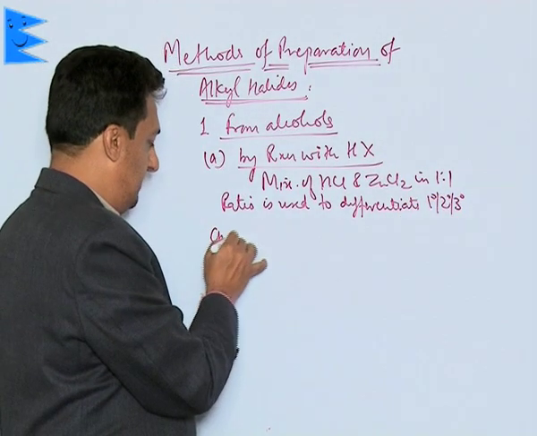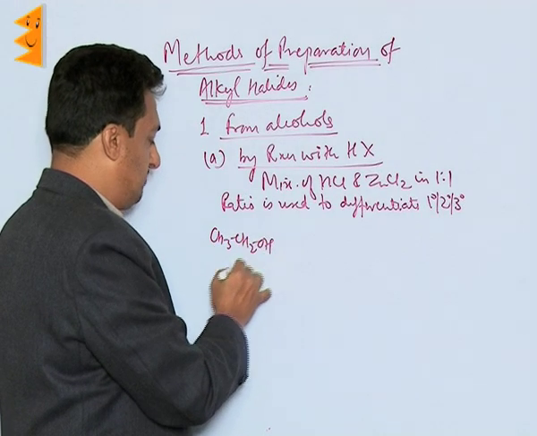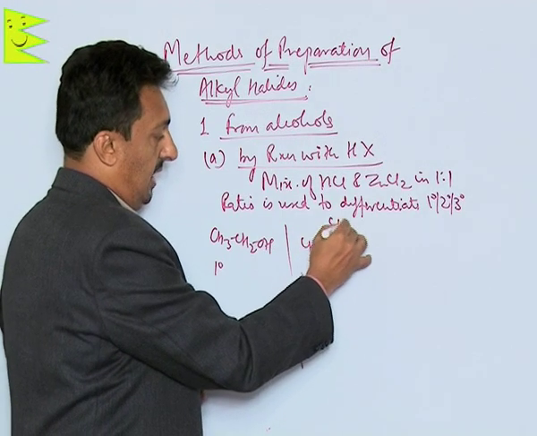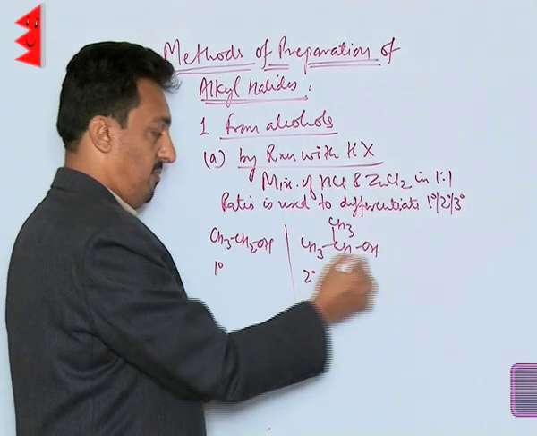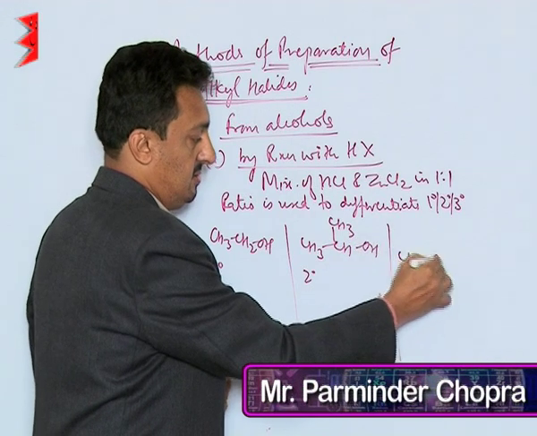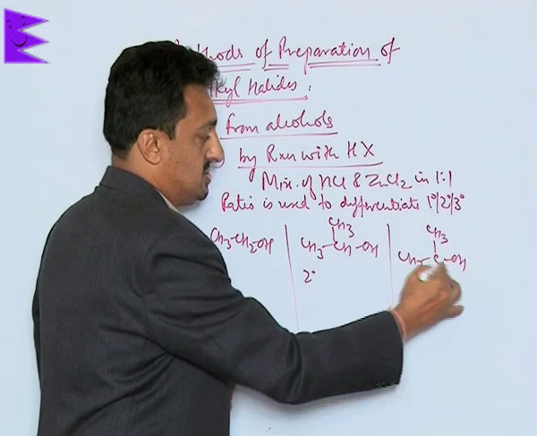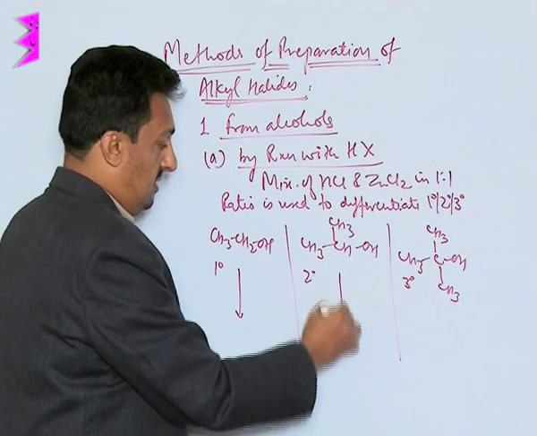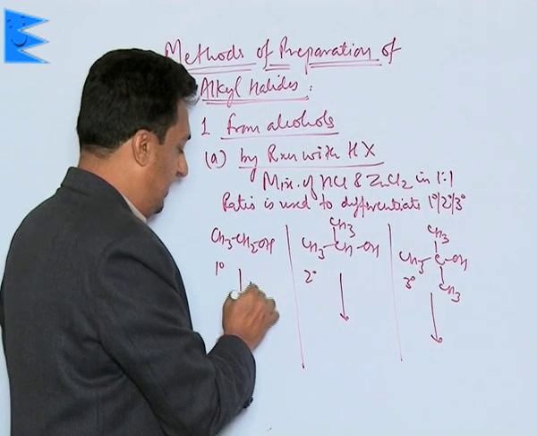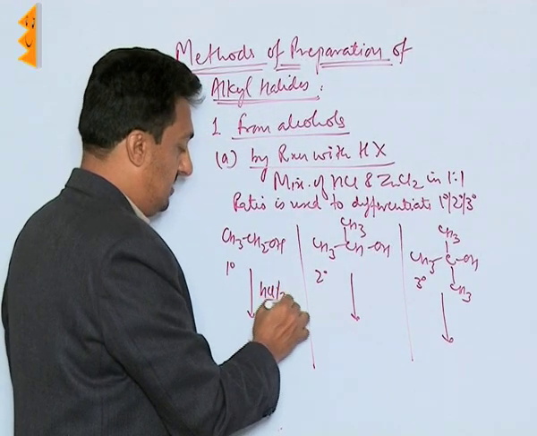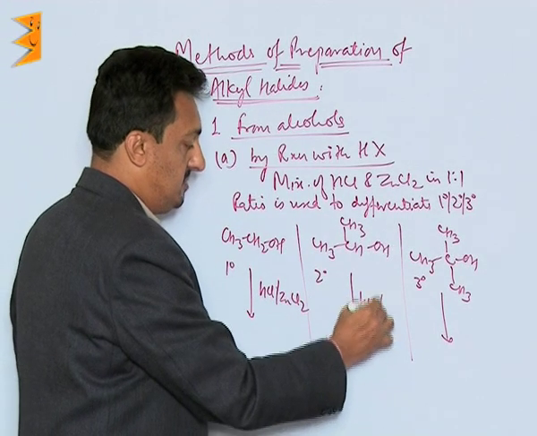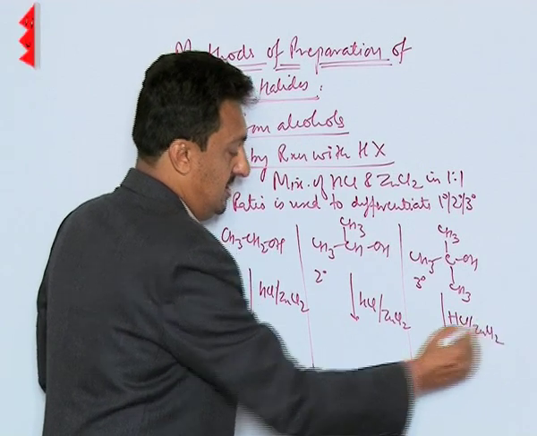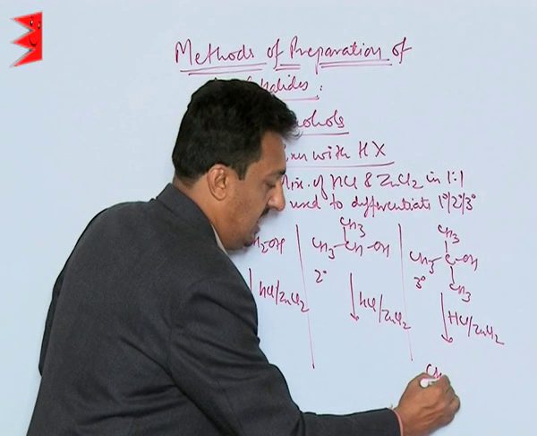How? You can see here, if we have this primary alcohol, and suppose this is the secondary isopropyl alcohol we have, and we also have our tertiary alcohol. Now, when all of these are reacted with HCl and ZnCl2, what happens is, in case of